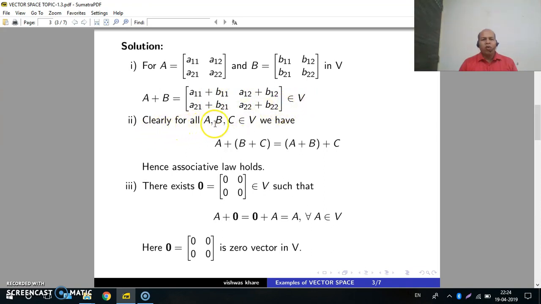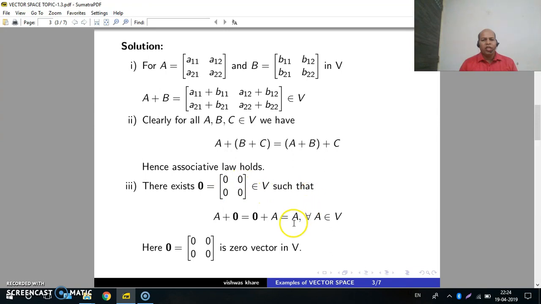Secondly, clearly for all matrices A, B, C belonging to V, we have A plus B plus C is equal to A plus B plus C, because we know matrix addition follows the associative law. Hence, the associative law holds. Third, there exists a zero vector, that is the zero matrix 0, 0, 0, 0,